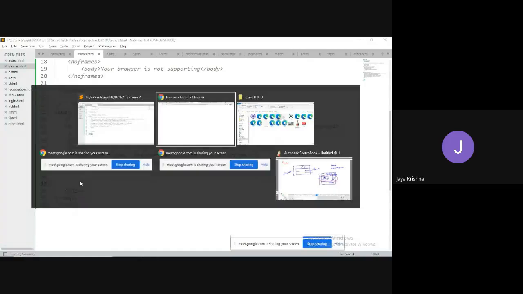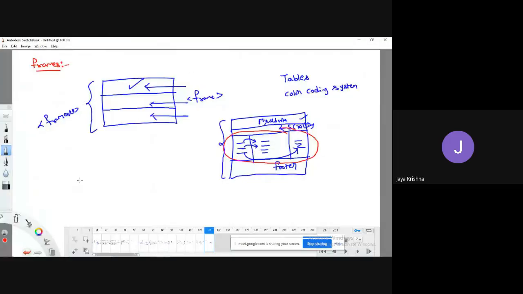Whereas the previous ones, frame as well as iframe, are both meant to divide the web page and to load documents. And with the frame tag we can't use the body tag. That is the reason I can't write all other HTML elements.